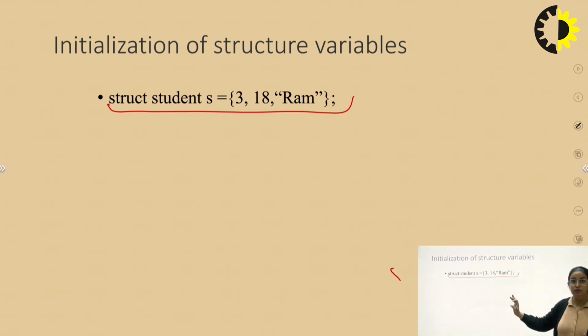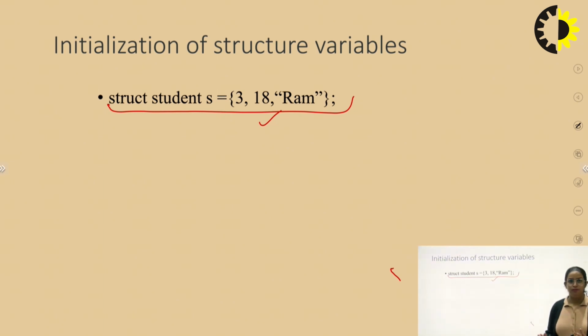Which type of initialization is this? In my previous video, I have already told you that whenever we are initializing the value of a variable, there are basically two types. One is compile time and the second one is runtime. I have already discussed what is runtime and what is compile time. In compile time, we are giving the value like this. This is the compile time initialization. Before execution, we are giving the value to the variable. And the second one is the runtime initialization, which is when we are asking the value from the user.